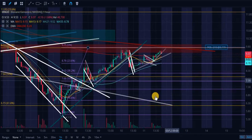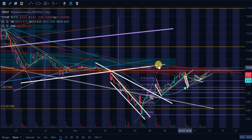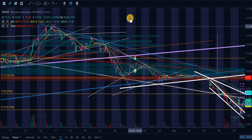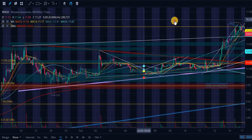We also have several resistance levels. Let's actually go over this descending red resistance line right here. This one right here. I know it's a little complicated. Let's go back and follow this, how far this actually goes back. Okay, it was a little bit of resistance in here, a little bit of support in there, right? But look at where this actually comes from. All the way